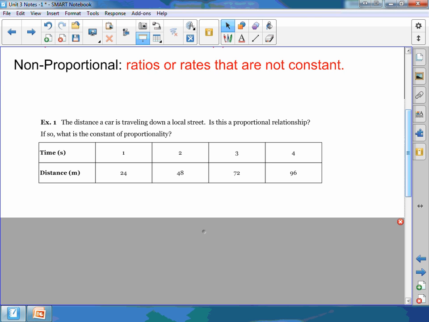Do we have that throughout? Would you guys say it is? Could you predict what 5 would be? Could you predict what 6 would be? Would this be a linear type graph? A lot of you are saying, yeah, it is. I agree, it is. So the first thing you're going to say here is yes, because it says, is it a proportional relationship? Well, yes, it is. The second thing is, if it is a proportional relationship, then you should be able to